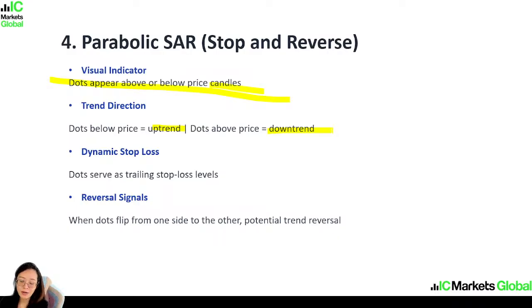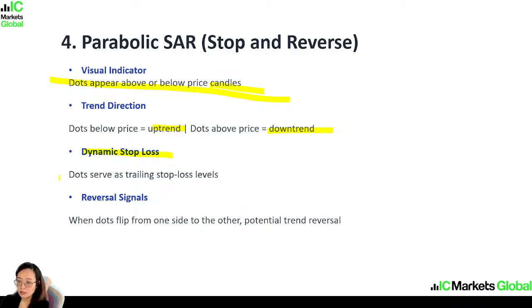So last time I didn't know how to trade. I just followed this, to be honest, because I didn't know anything. I didn't even know what was happening. I just went and searched, and they said okay, parabolic SAR. So whenever I see the dot below the price, I keep buying, or the dot above, I keep selling. But actually, if you know how to use it, you can use parabolic SAR to place the dynamic stop